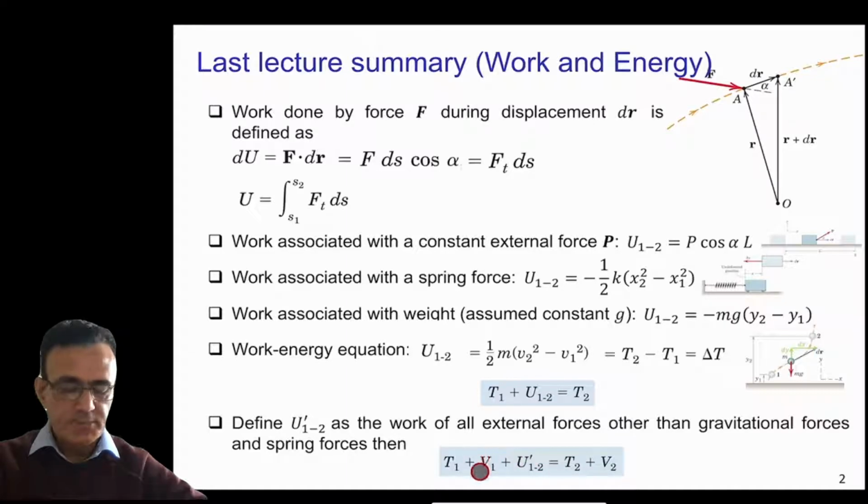because we are introducing here this term, which is V1, the potential energy, including elastic potential energy and gravitational potential energy. And then on the right hand side, we have the final kinetic energy and final potential energy. And again, the final potential energy can be potential energy due to gravity, which is gravitational potential energy, or it can be due to the spring forces, which is our elastic potential energy here.